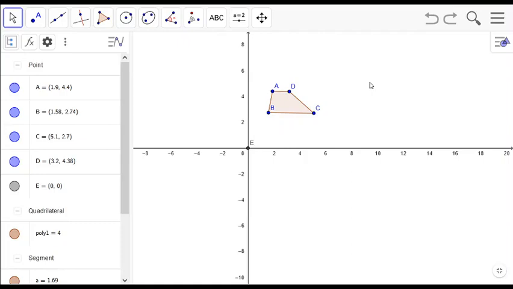Welcome to the GeoGebra demonstration on how to rotate objects using GeoGebra. I have drawn an object here, but maybe I can show you how to draw. If you want to draw an object, you download your GeoGebra software and install it on your machine, then you will have